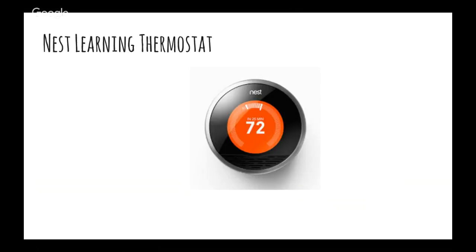The next thing we have is the Nest Learning Thermostat. This thermostat costs around $230 to $250. This device can auto schedule temperature and turn itself off when nobody's home. You can control it from Wi-Fi, and it helps you save energy. The website claims that the amount of money you use to buy this device, you can essentially save on your electricity bill. So this is very helpful for those of us that want to be green and environmentally safe. And I know it comes in about 4 different languages.